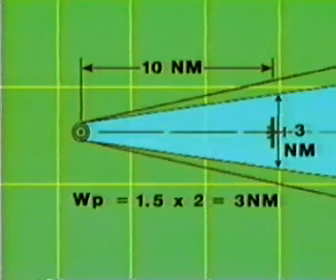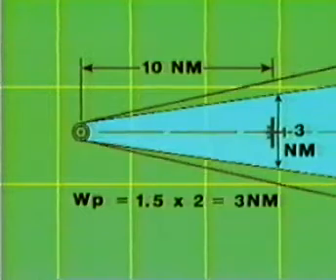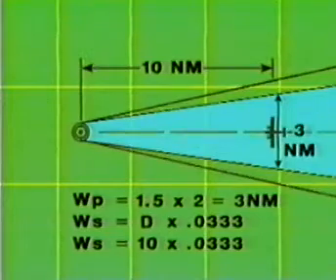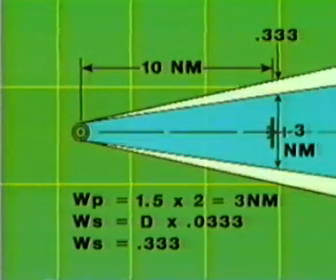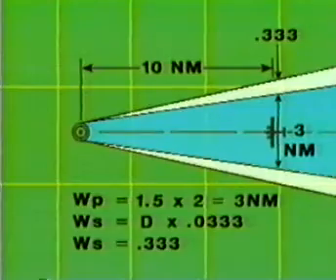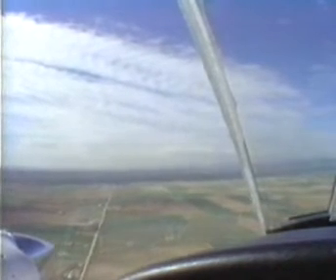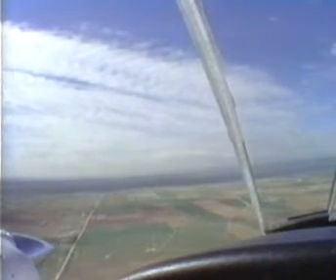Remember, you also have some obstacle clearance, but in a decreasing amount in the secondary area. As you can see, by taking the distance of 10 miles times 0.0333, your protection in the secondary area at this point is one third of a mile. Therefore, as long as you remain within approximately 1.8 miles from the prescribed center line, you will have some guarantee